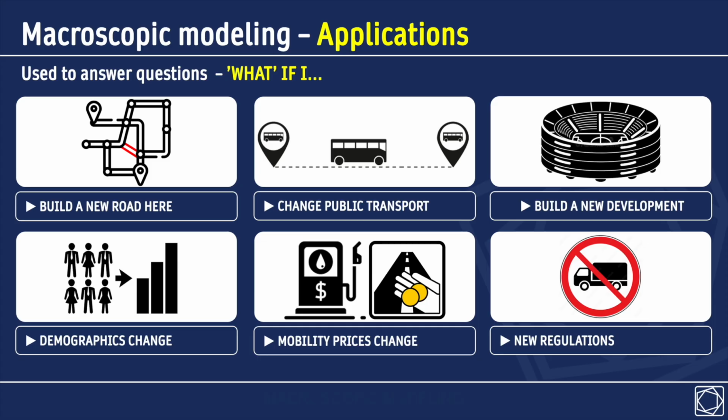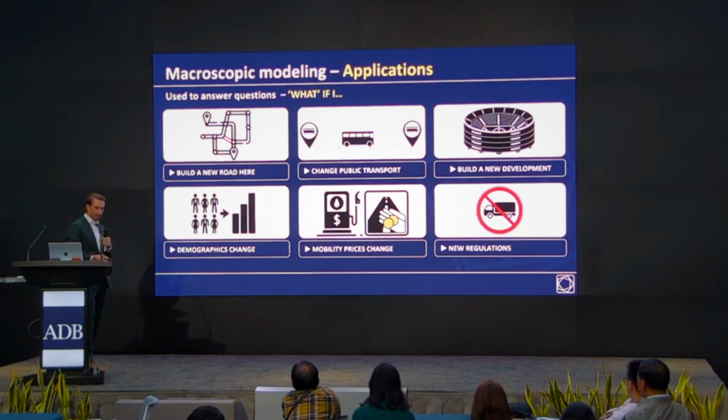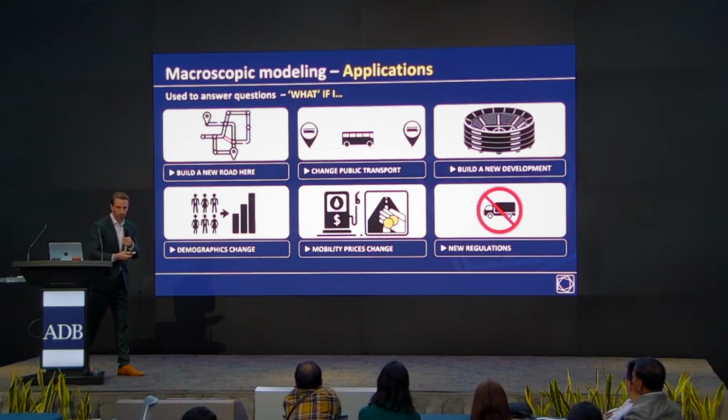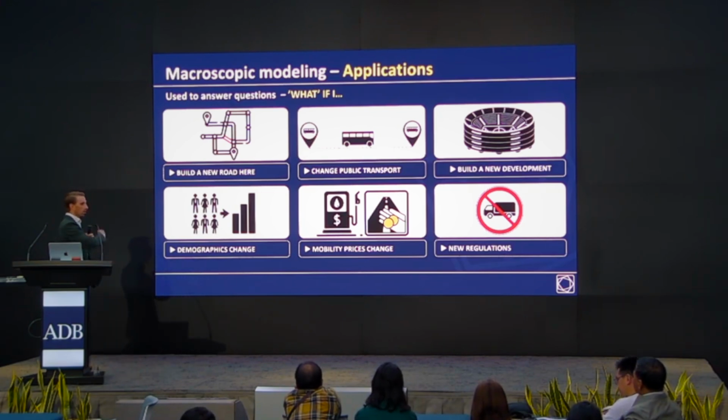What if there's a demographic change? You have an aging population or you have just a very fast growing population, which is the case in many of the cities. What if mobility prices change? If fuel costs go up, that will impact how people move. Also, what if you introduce new regulations? These questions could be answered in a model-based environment, but obviously you need a lot of data to feed the